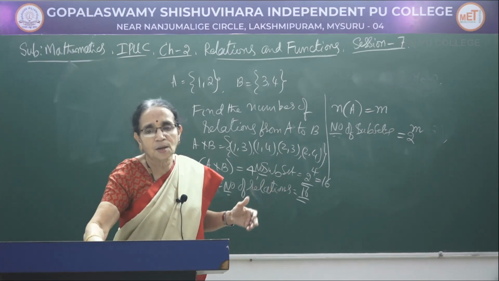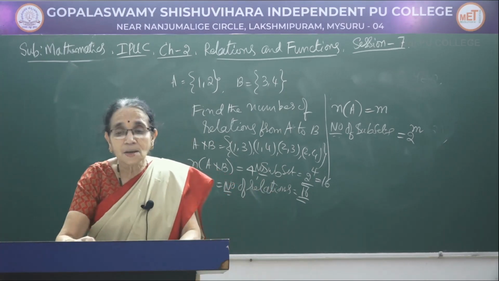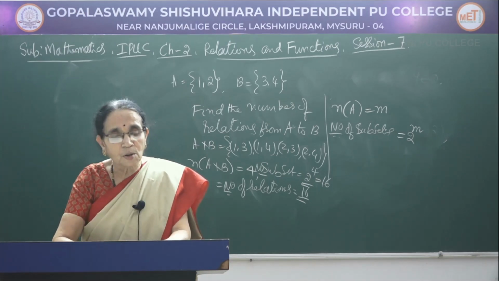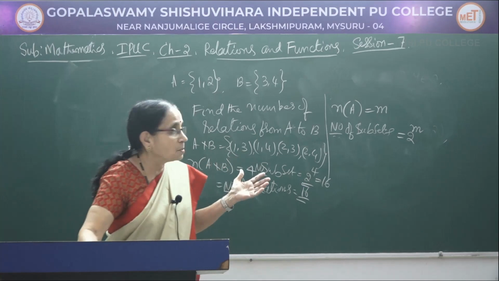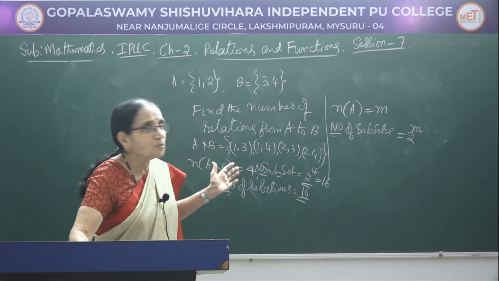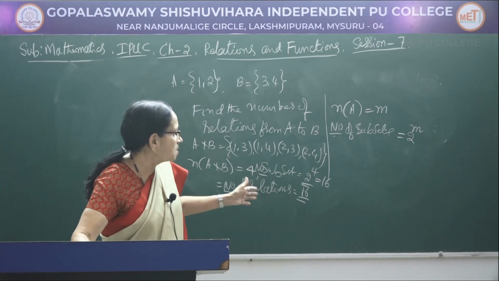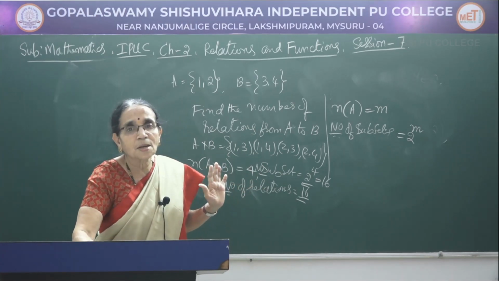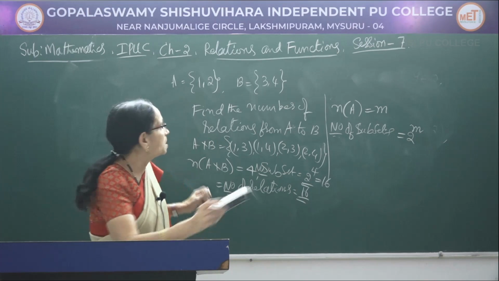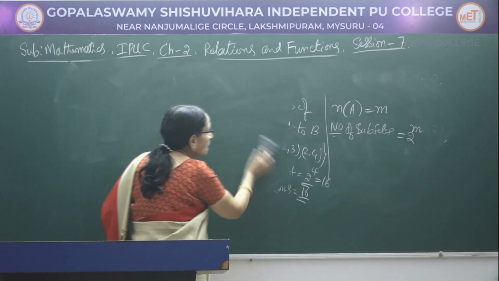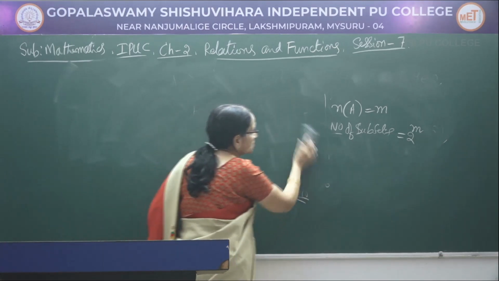So many relations we can define. Now this is the information. We are collecting the information of the number of subsets, and we are collecting the information about the definition of the relation, and combining them we can find out how many relations can exist from a given set onto another given set when you know the number of elements here.